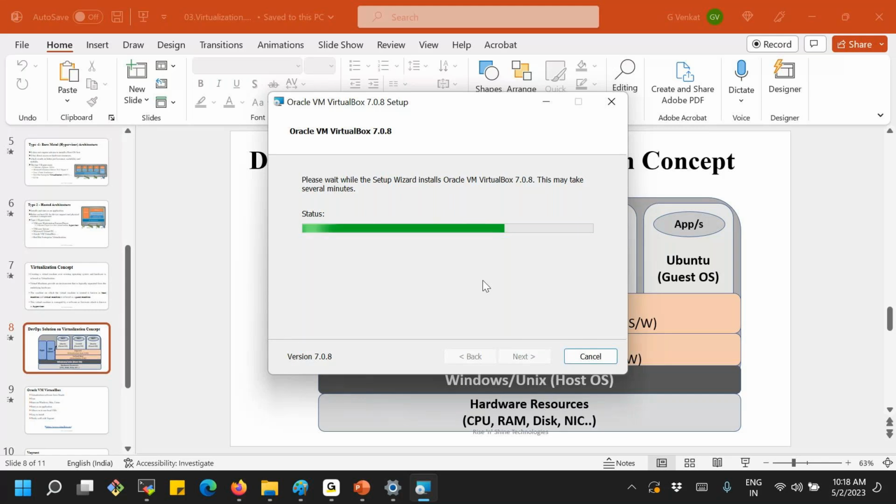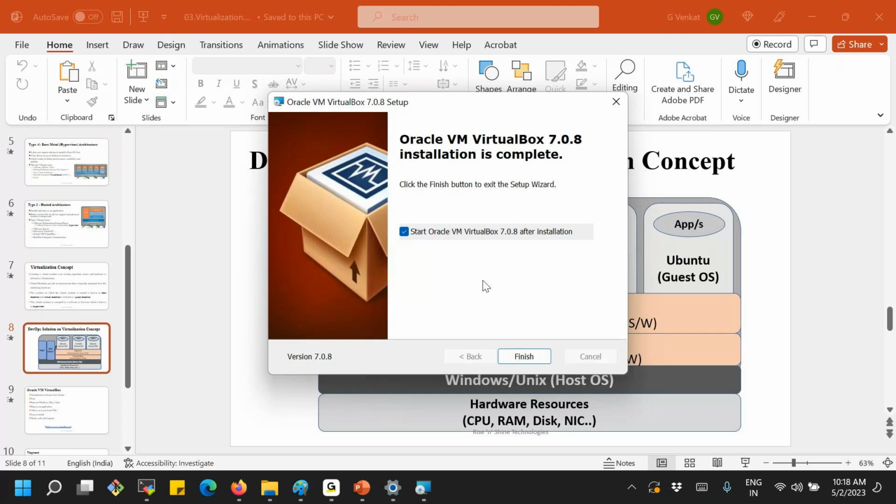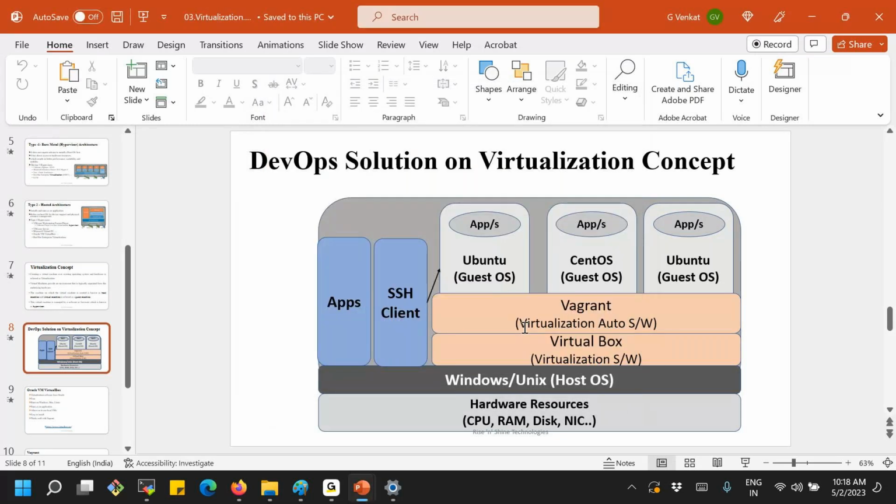This is a type 2 based virtualization software, and now we are installing that. Type 1, the bare metal based, is not required for us. We just ignore that concept, but know the point. Type 2 is what you're going to have. Now it is about to start VirtualBox, so let's select that option and go ahead with finish.